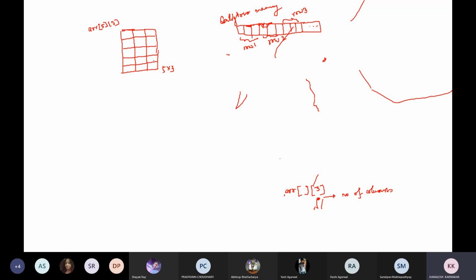But when a function receives this array, if I receive it as arr[5] with the second dimension blank, how will you split it? Think.